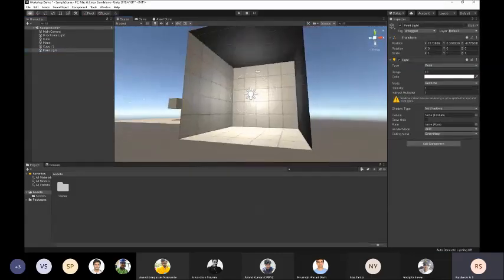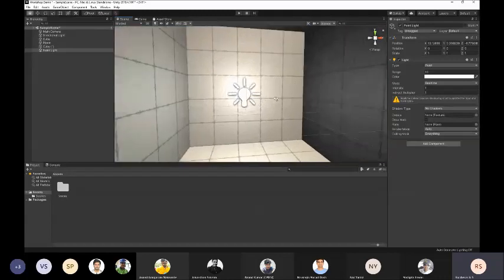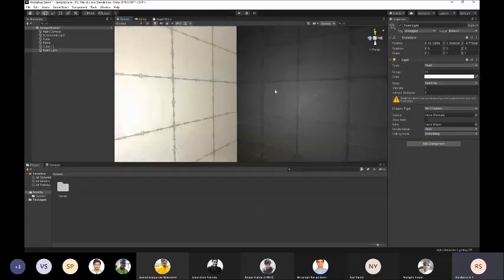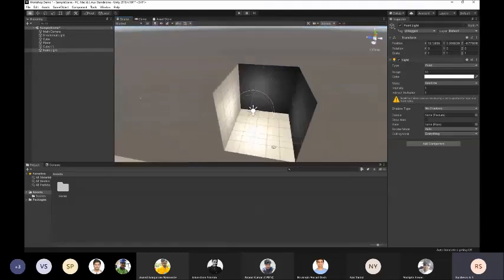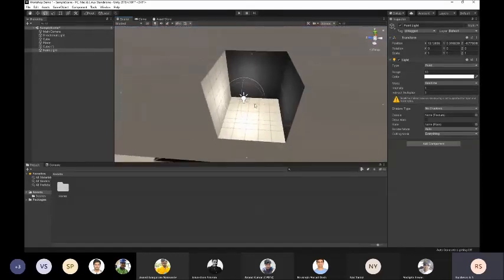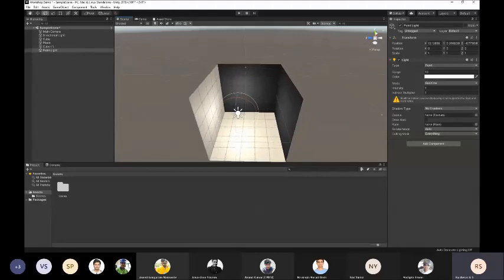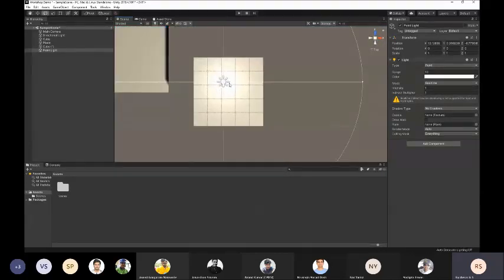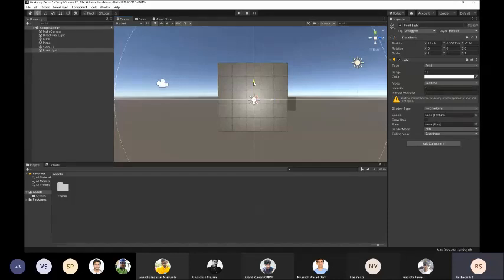So now you can see all sides are rendered. So if I go inside, you can see all the sides are rendered now. And I want to put this light in the center of my room. So I'll go to that orthographic view which I talked about, and then I'll move the light to the center, and I'll move it up.